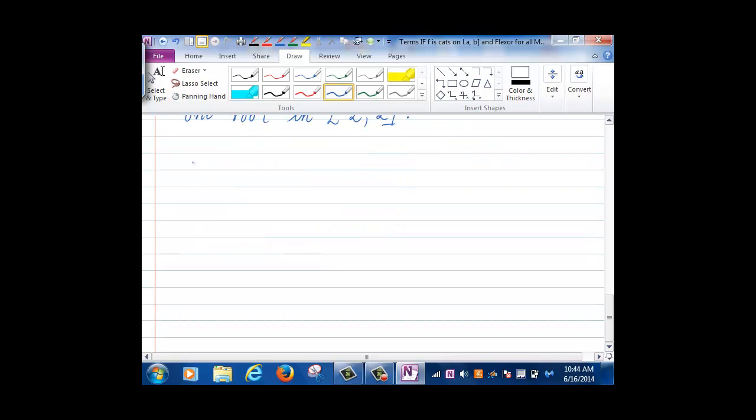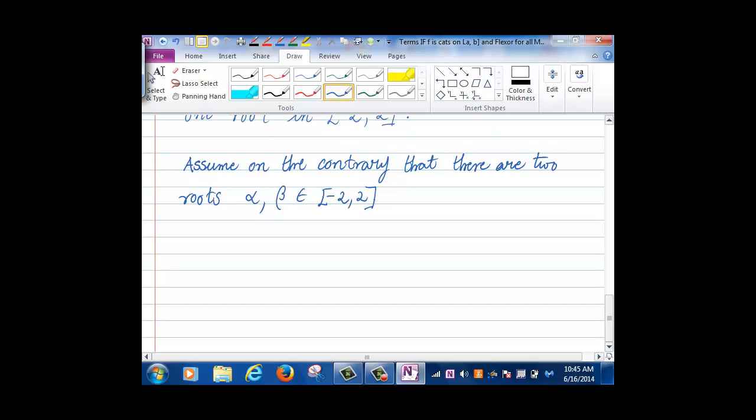That is, we are going to assume, on the contrary, that there are two roots, alpha, beta, between -2 and 2. So then by MVT, so apply